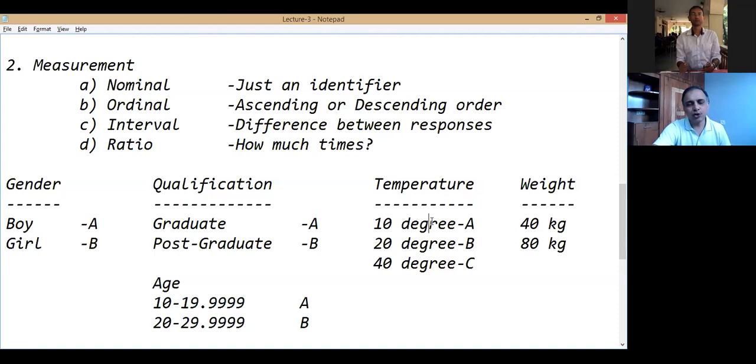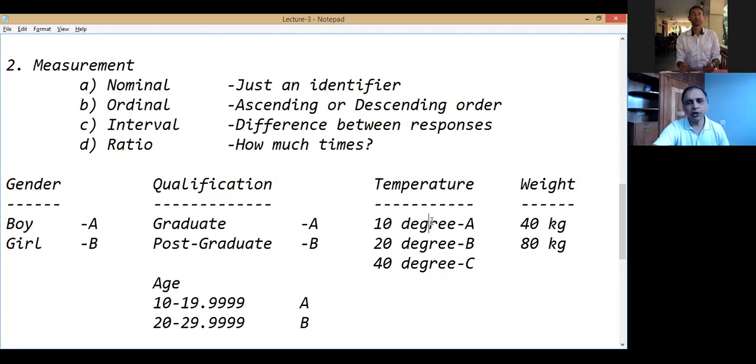So I request you, please note that questions do not form measurement. Neither do their answers form measurement. Whatever inferences you draw from those answers, they form the measurement. Please look at it very carefully. One is question, one is answer, and third is inference drawn from that answer, conclusion drawn from that answer. That is called as a measurement.